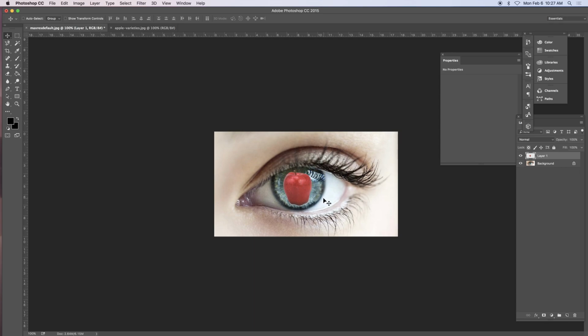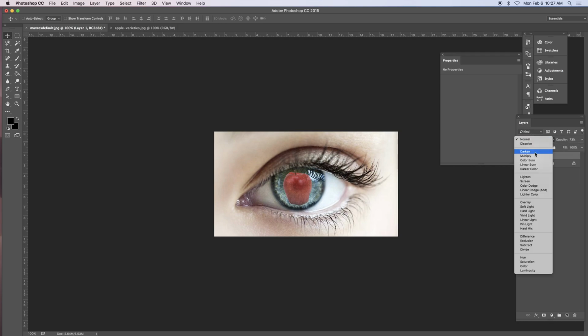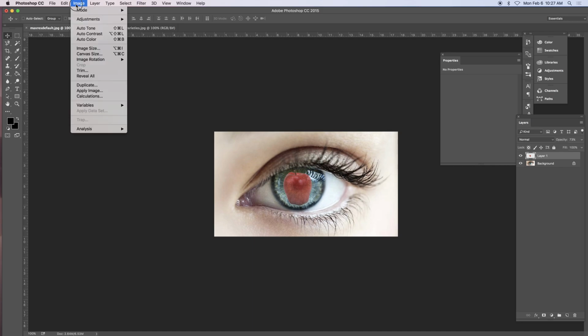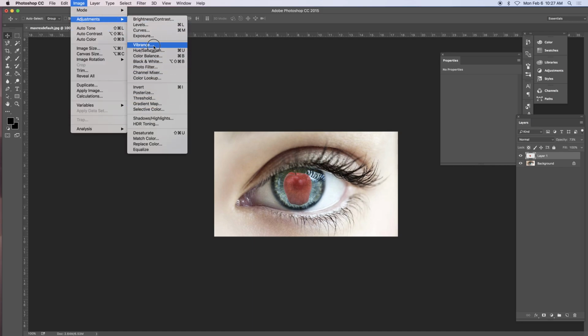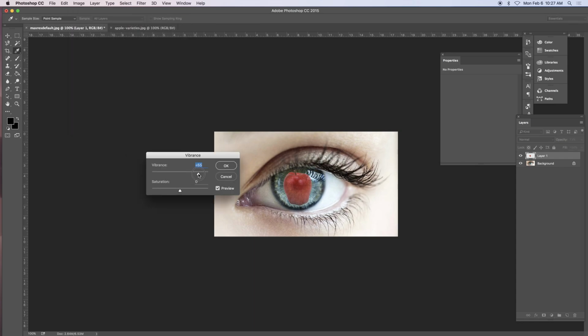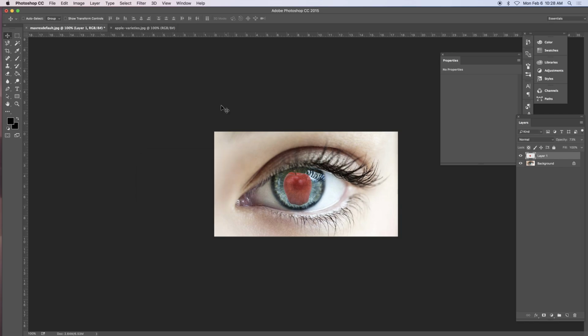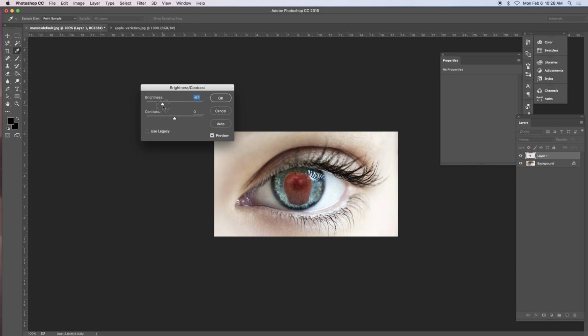Now that my apple is in my eye, I need to blend it a little bit. There's so many different things that you can do for this. You can come over here to your opacity and turn it down, and then you can also go to your blending layers and try different ones. Of course, they might not work, they might not look right, but just kind of play around with these things up here, right here. And there's also going to image adjustments. And there's so many different things that you could do through your vibrance. Maybe I want to come in here and add more, take away. You can come up to image adjustments, and there's brightness. Okay, maybe I want to brighten it up or darken it down so it blends in a little bit,